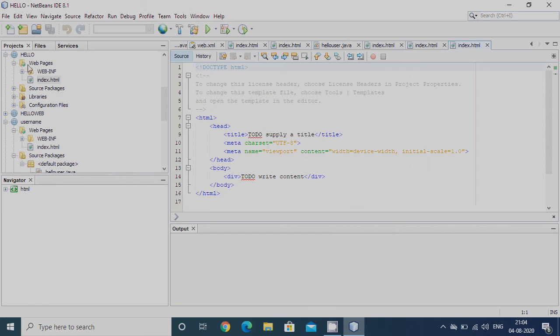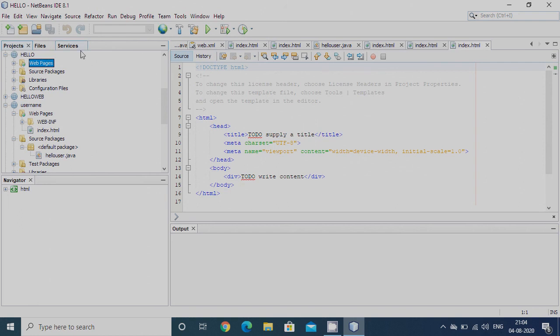This is the project. By default, when we open a project in NetBeans IDE, these 4 folders are created. First one is Web Pages, Source Packages, Libraries, Configuration Files.